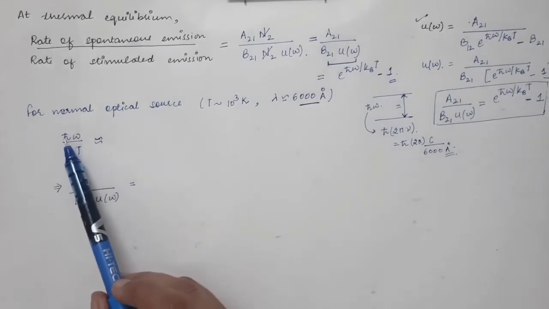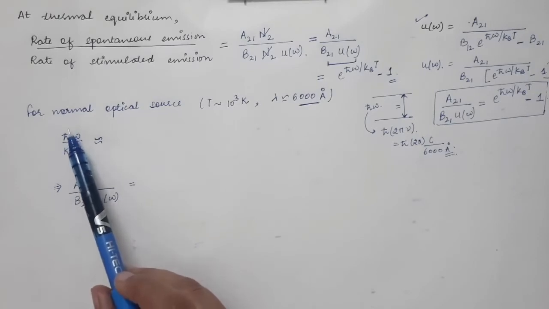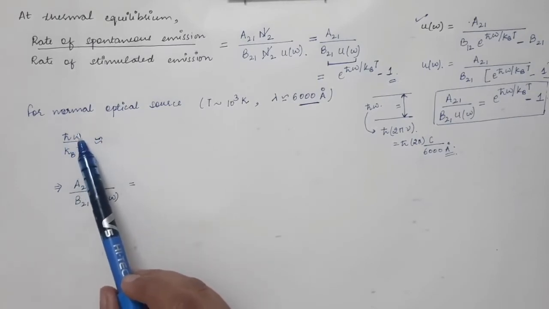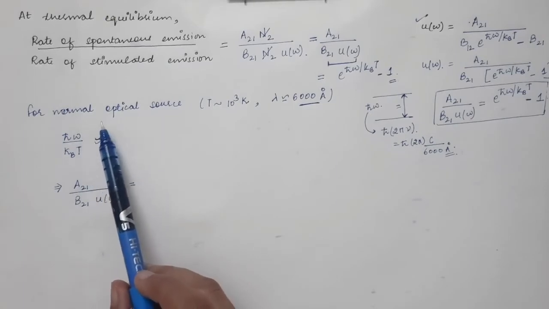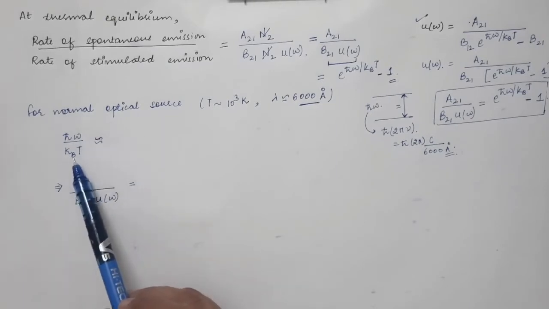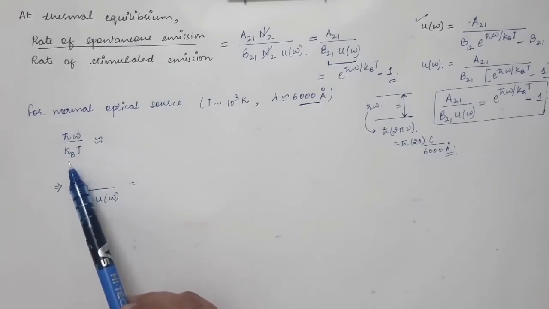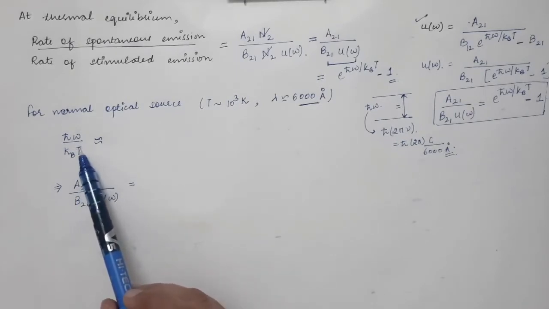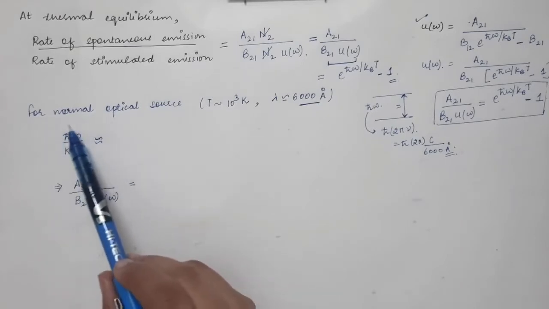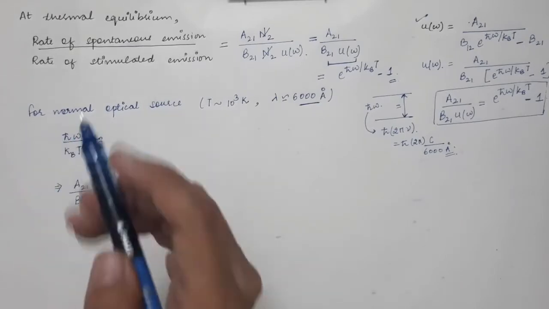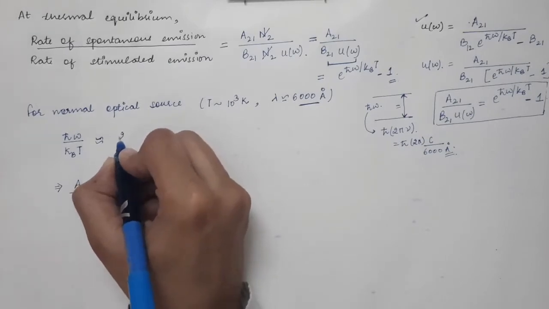So h cut is equal to h divided by 2 pi, where h is Planck's constant, whose value you already know in SI units. Omega is the angular frequency, equal to 2 pi nu, and nu is equal to c divided by lambda. Then we have the Boltzmann constant, whose value in SI units is 1.38 into 10 power minus 23. Then we have the temperature, which is 1000 kelvins. When you insert all these values, this factor comes out to be approximately equal to 23 or 24.